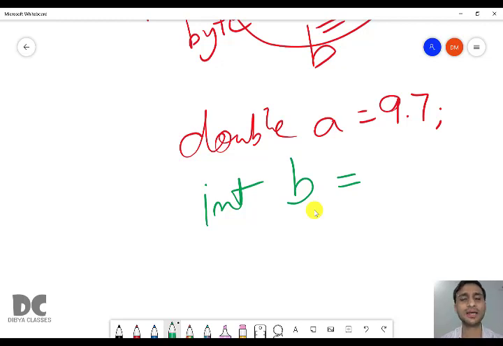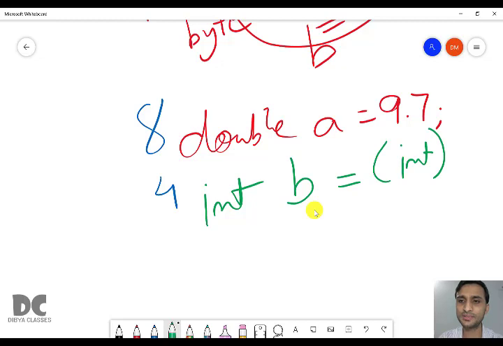In the previous case, int was integer, byte was integer, but now one is real, one is integer. Yes, here also we can do it. This is the explicit conversion because the size of double is 8 while the size of int is 4. So what will happen? You have to convert this to int. And whatever is present in A, it will be stored in B.